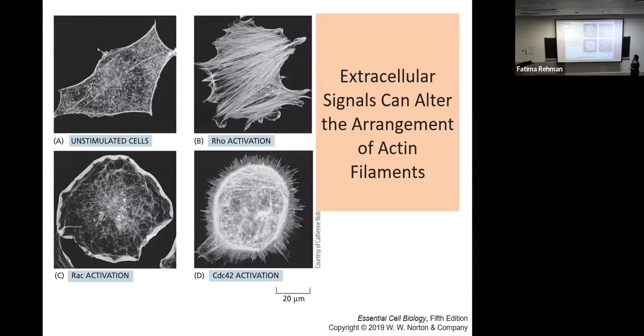Another type of activation that can happen is CDC42. This is a different type of signal that will tell the cell that maybe there is something toxic in the environment that might be switching it on, and it will cause the cell to try to have minimal interaction with its environment. So they ball up and they become rounded up structures. So they're not really moving in a particular direction. They're trying to minimize their interaction with whatever toxic is there. So they will round up and become